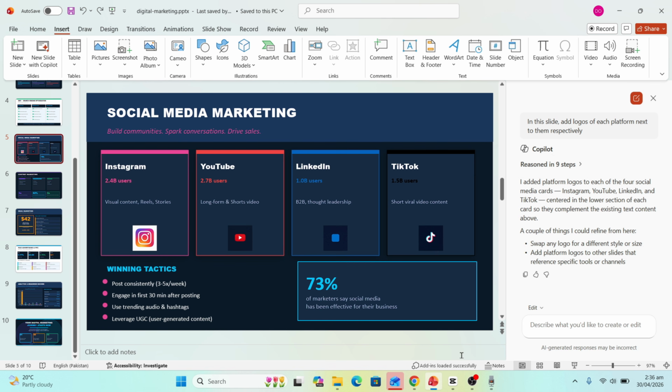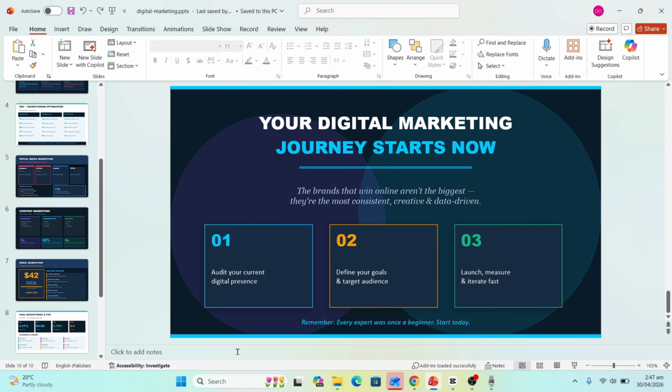These images are very, very important. You can see Instagram, YouTube, LinkedIn, TikTok centered in the lower section of each card, and they complement the existing text context very well. Now, if we carry on to this and move right to the 10th slide,